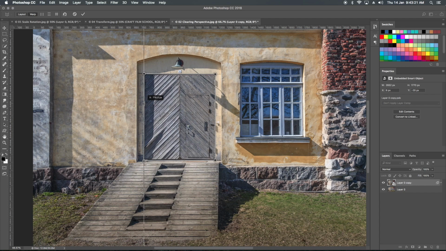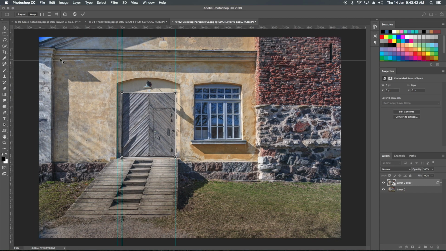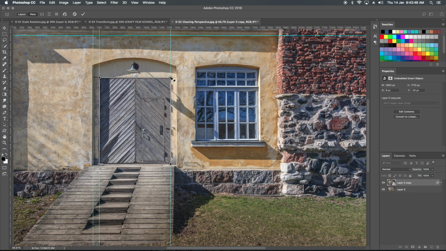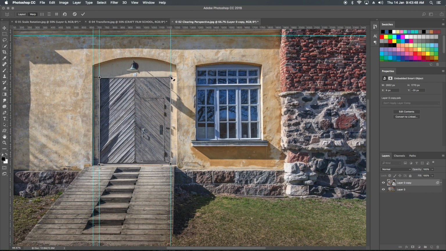What I'll do, I'll place the grid lines so that I'll know where my straight lines are. Okay, so this is where the problem is. Just this one, this is not going straight. So let's make them straight.